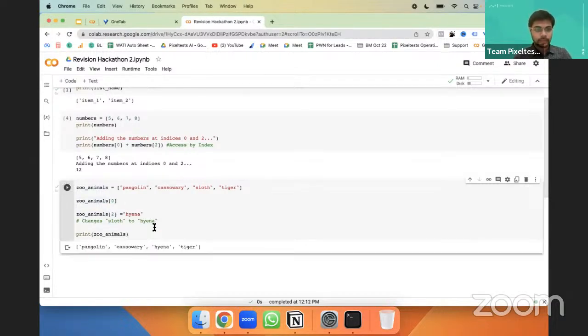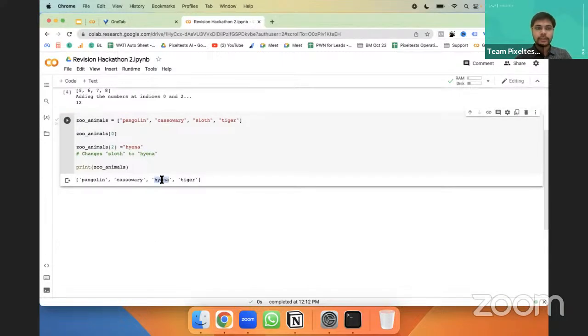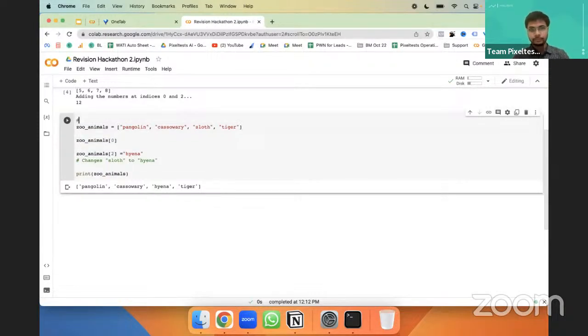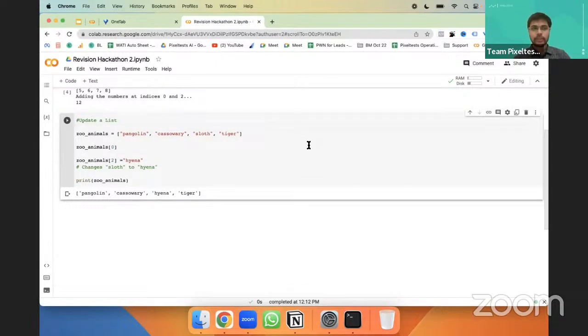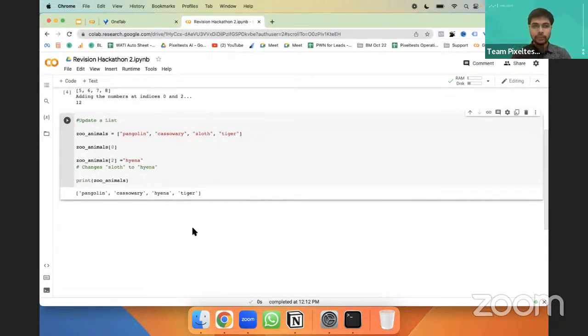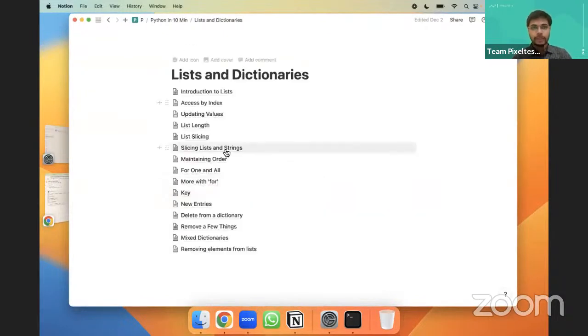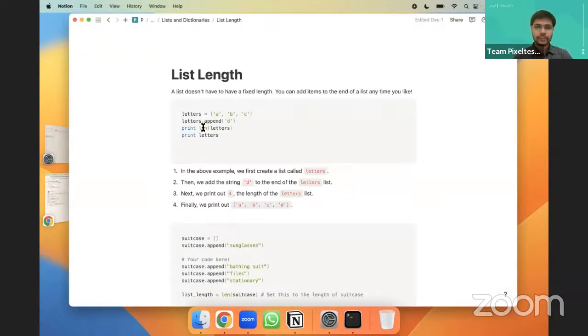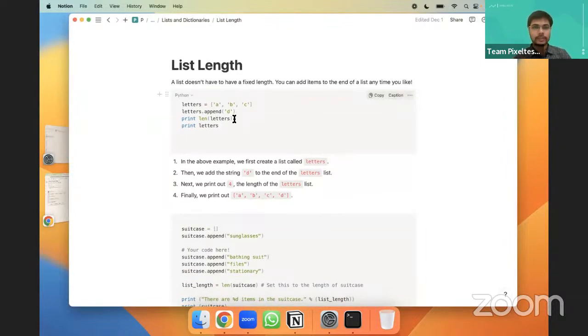Okay, so once we run it, then you see that the list got updated, right? So basically here what we have done, we have updated a list, right? So this is what we do forward also while we go forward. So you update the lists by index and giving the new value, right? And there are a few functions within lists itself. Now you can see that here one of the functions that we see is append.